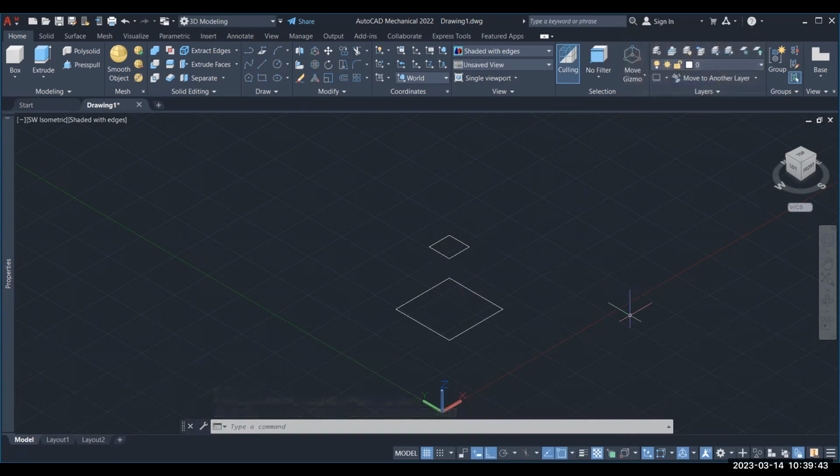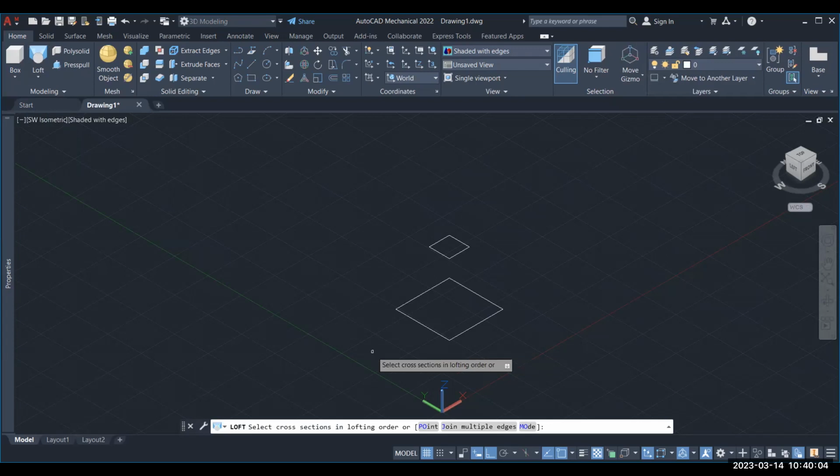So I would like to generate a solid. That solid should connect these two surfaces. So at that time, you can use the loft command. If you come across this kind of thing in your drawing, then you can make use of the loft command. So click loft. So what exactly it is asking us is to select cross sections in lofting order. So first, this is the first one. This is the second one. You just see